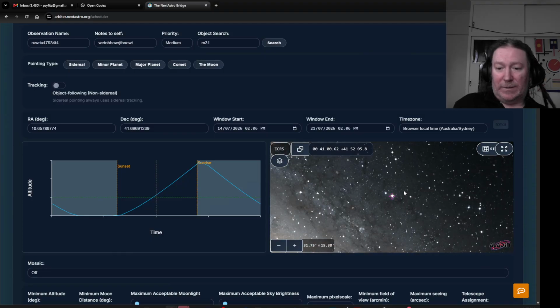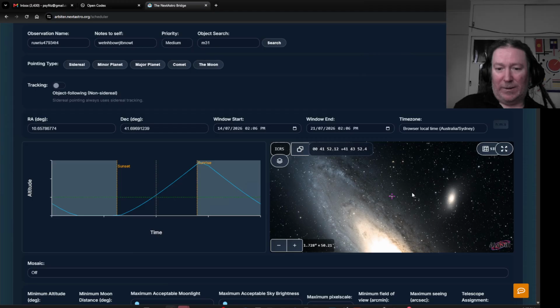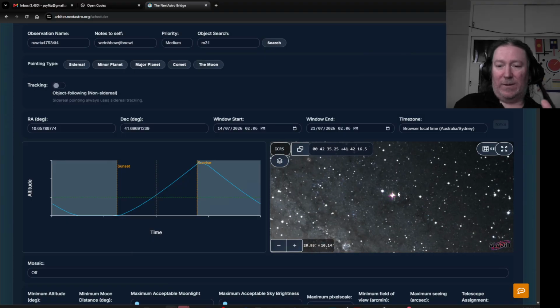Now you might be used to the hub where you use specific telescopes. Here, you're asking the whole network. So there's not really a field of view here at the moment, because across the network, all of the telescopes have different fields of view. Okay,